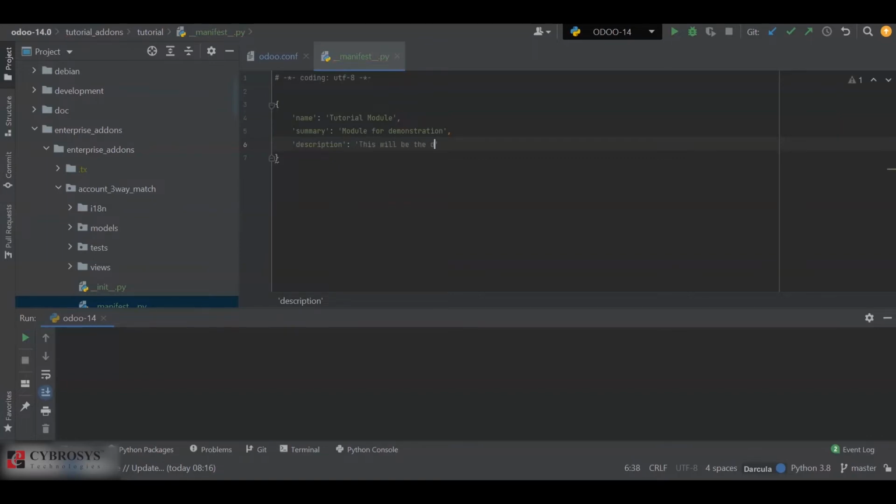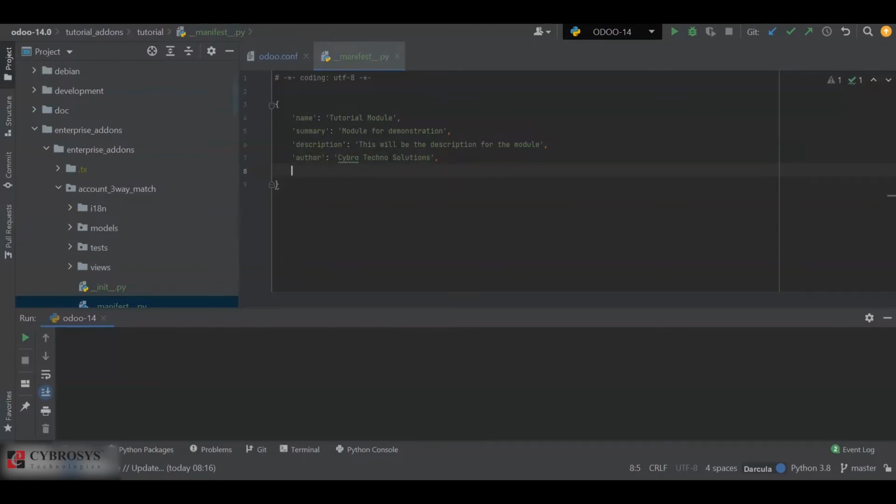So we added the name, summary, and description. Next, we can add the author. Let's say the author is Psycho Techno Solutions.